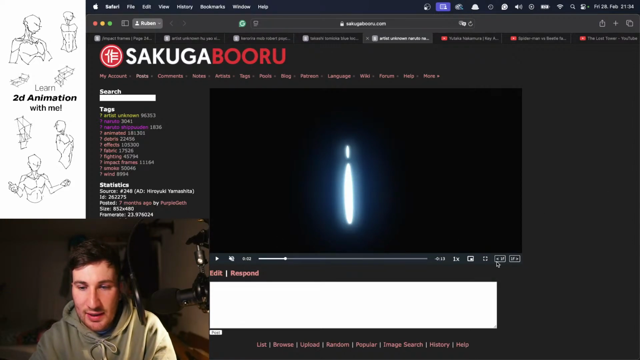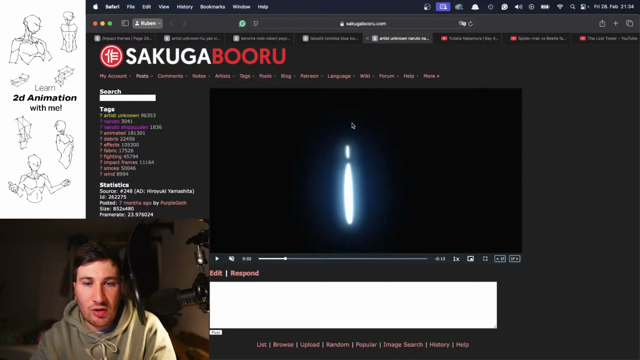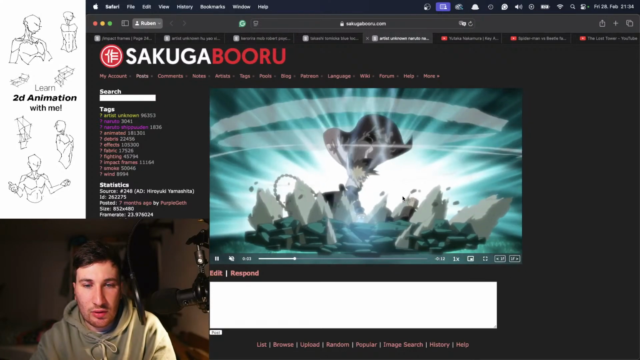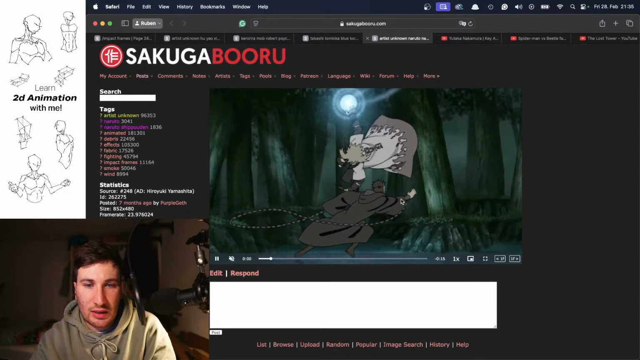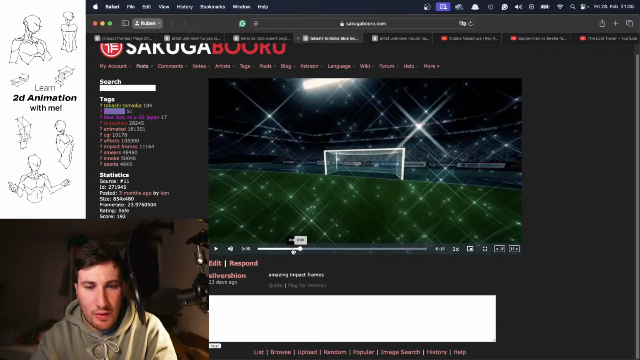Like you can see here, the character now is doing his attack down. So you want also the impact frame here. It's almost like a smear is also going down. And I feel like then that's the part when impact frames are most effectively used. Cool, then we have this one here